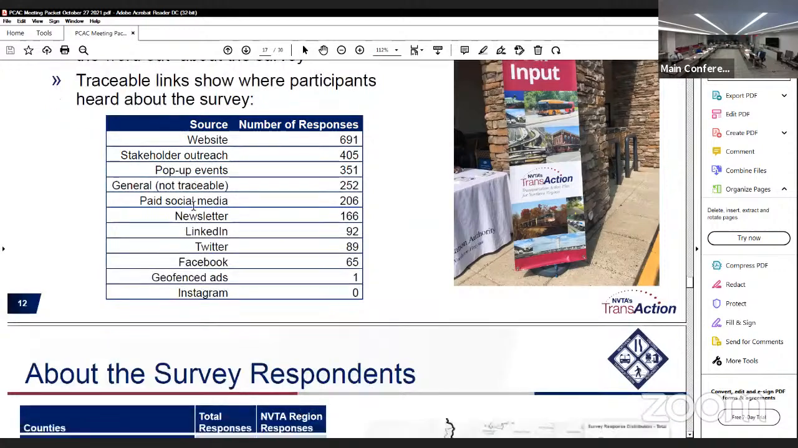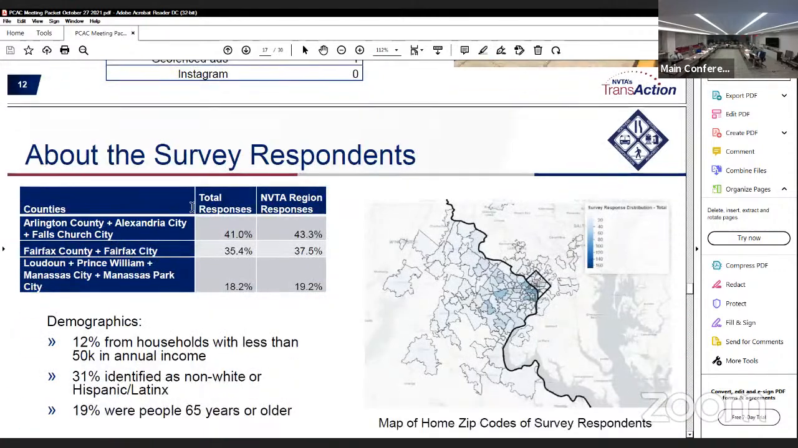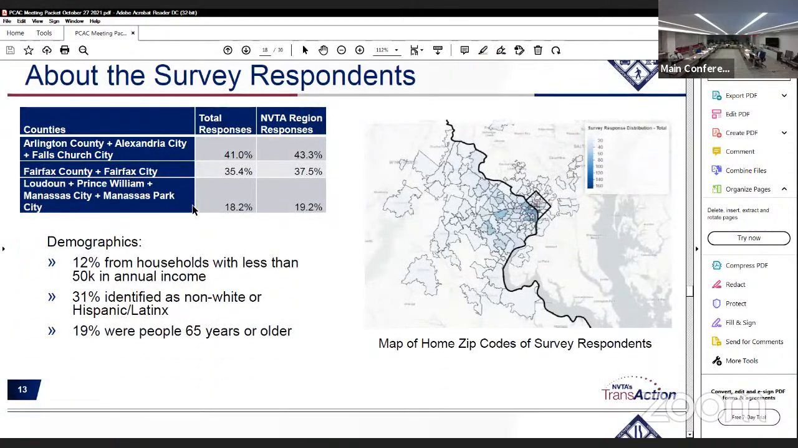Next. So in this slide about the survey respondents, you can look more closely at who filled out the survey. We did get some respondents from outside of the region altogether. We had a few DC zip codes, Maryland zip codes, and also Fredericksburg region, people south of the region that filled out. So that's why we're showing total responses, but then also as a percent of the Northern Virginia